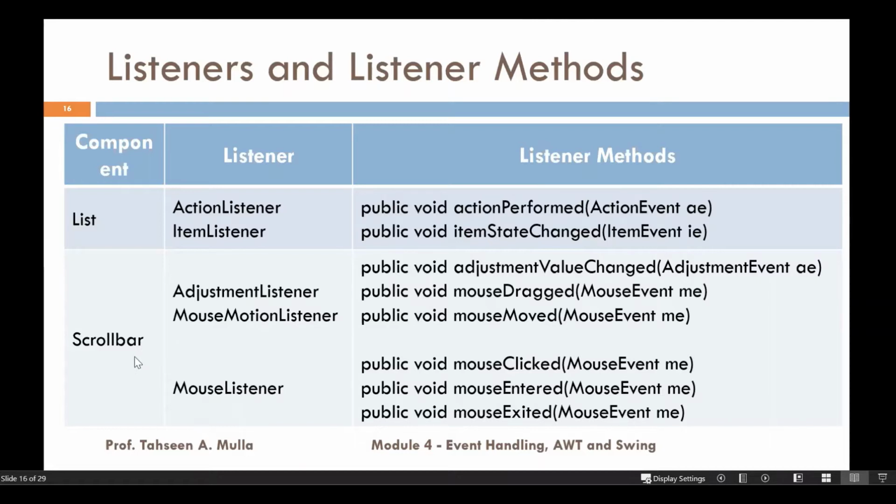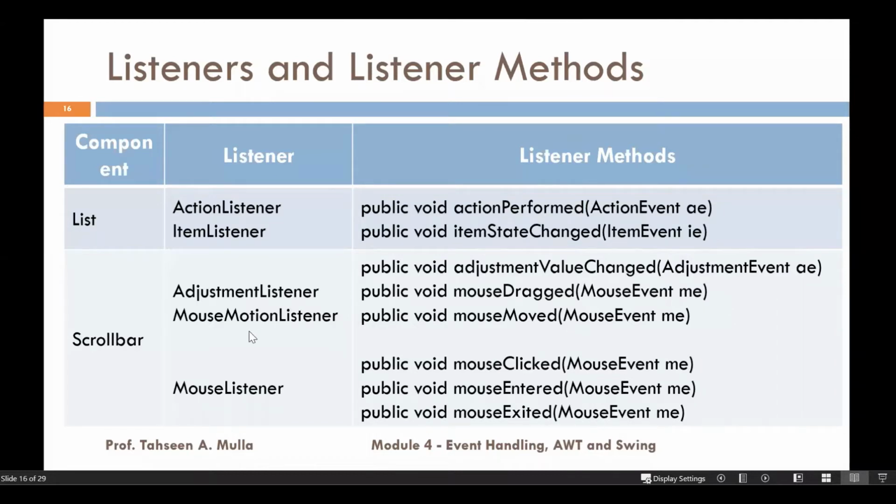Scroll bar has two different categories, vertical scroll bar and horizontal scroll bar. There you can have adjustment listener, mouse motion listener and mouse listener, right? If you're having only adjustment listener, you'll be implementing the method adjustment value changed.